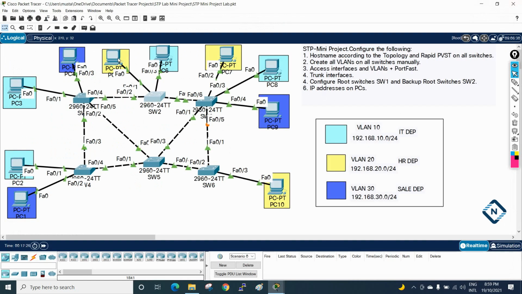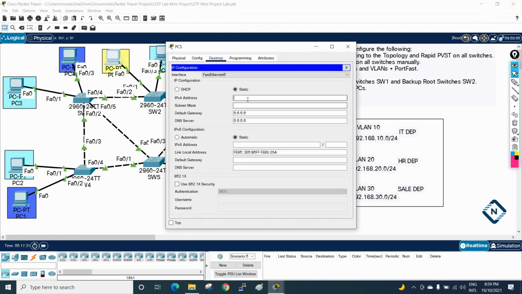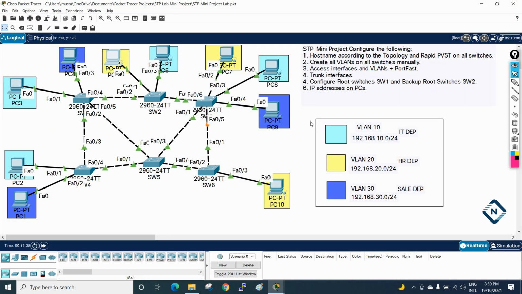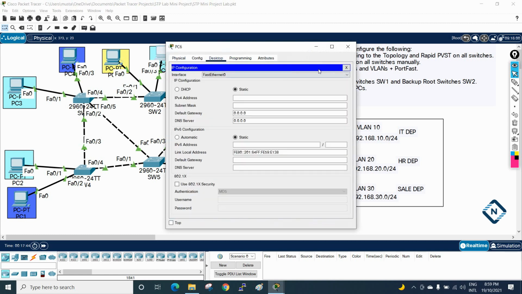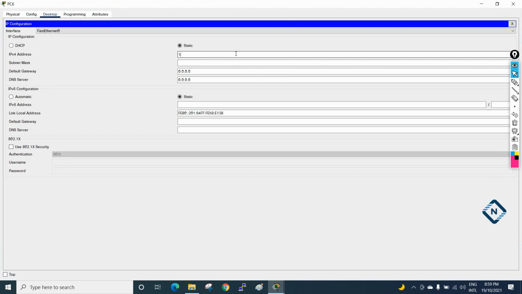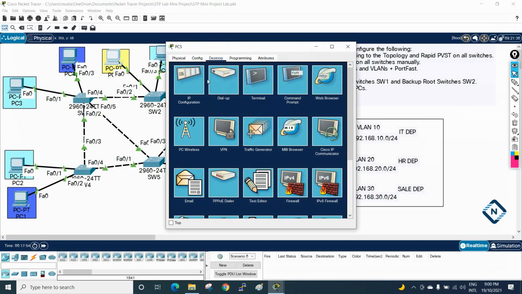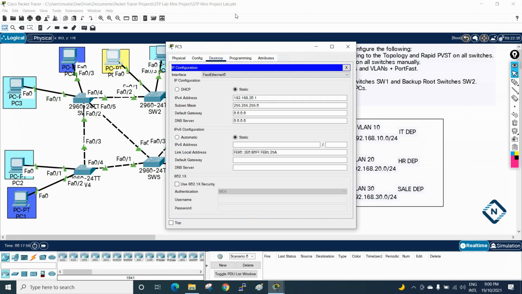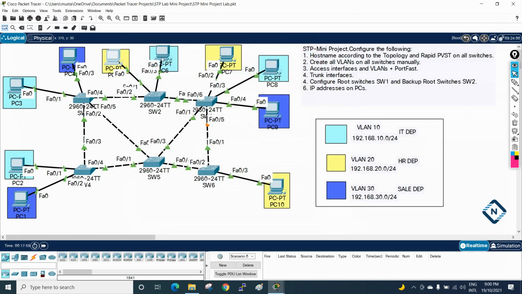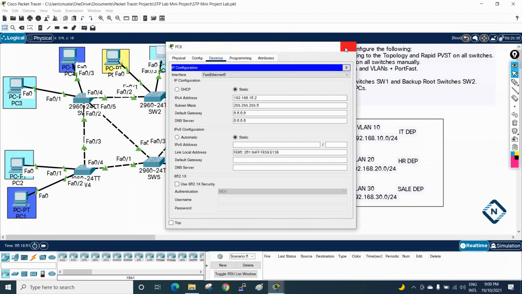We need to assign the IP here. So this yellow color means 20 dot. So let's go here and I will assign the IP 192.168.20.1. I will give 20.1 because we still have not used it, and this one is sky color, 10 dot. We already used it here, so I will give 10.2. So I will go here and write 192.168.10.2. Okay, 10.2 I give, because this is a yellow color. Yellow means 20. Let me show you. Yellow means 20. Okay, and sky blue means 10. So this one is okay.